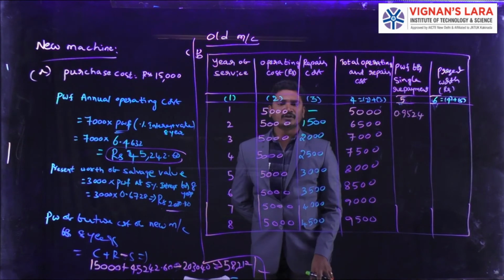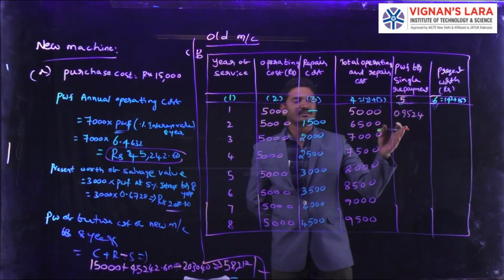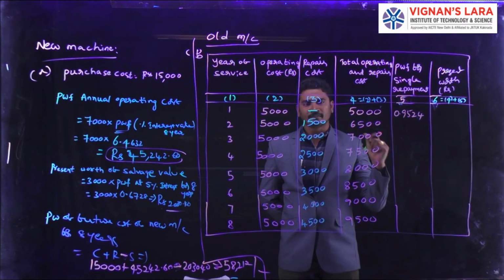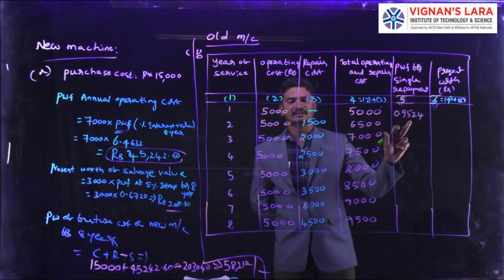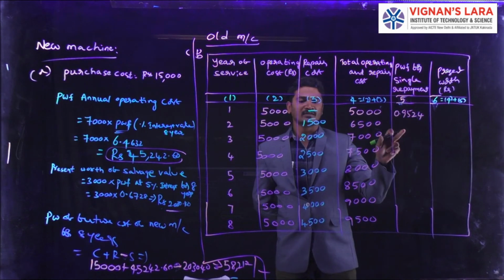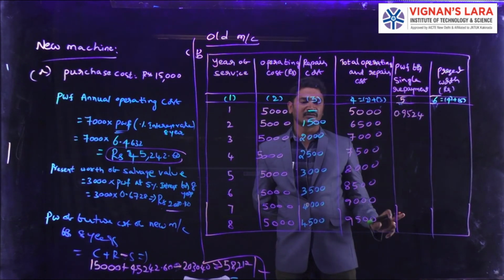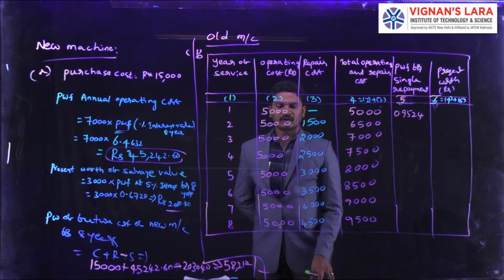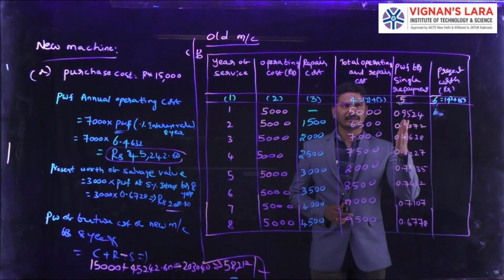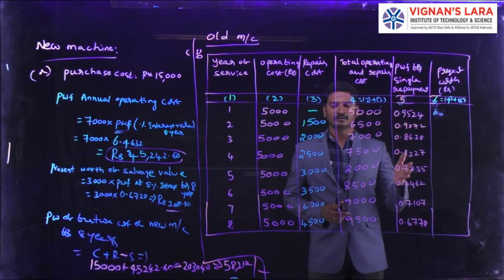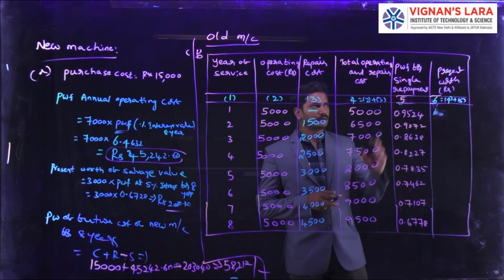I am going to write every subsequent year after calculating this with the help of d equal to (1 plus r) power minus n. Here n means number of years. Here we have taken the first year, that is n equal to 1. Next, coming to this, n equal to 2 we have taken. Likewise we are going to take the n value. After calculating, these are the values we obtained for the present worth factor for every year.